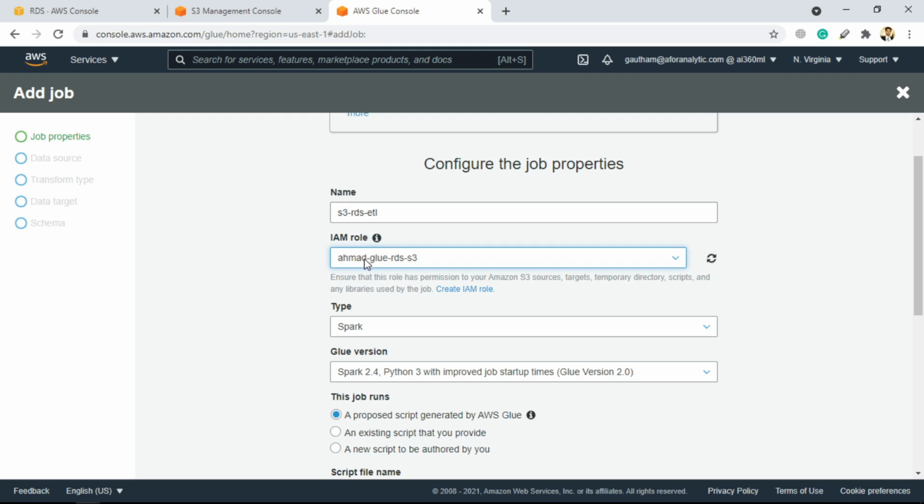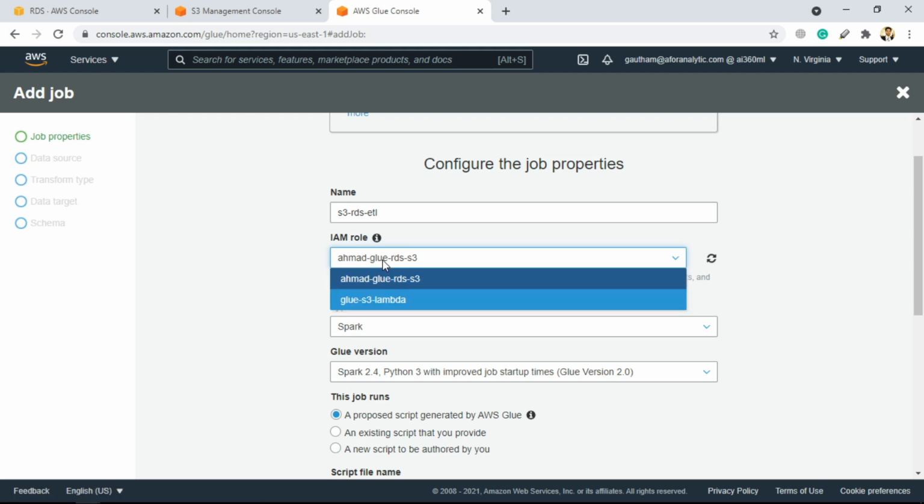When I was creating this IAM role, I attached multiple policies to that role, specifying that this role has access to S3 bucket, this role has access to RDS, and this role has access to CloudWatch events for making the logs. Eventually it comprises the final role that we need.